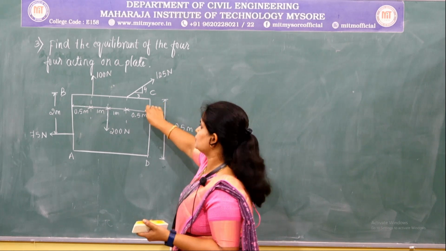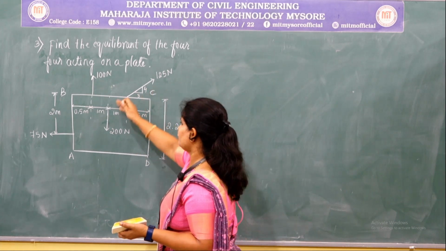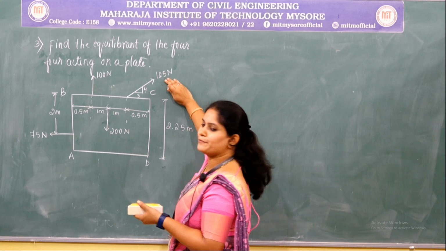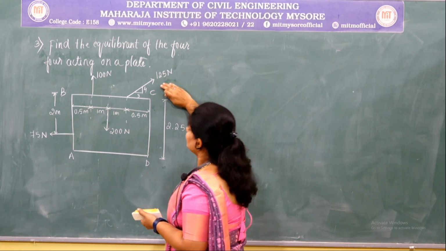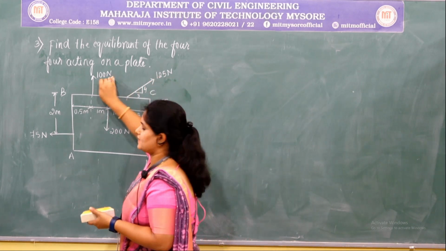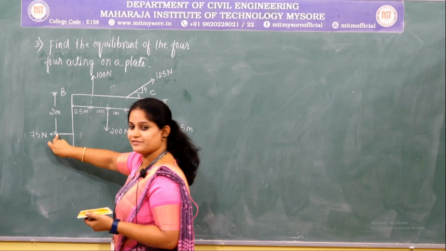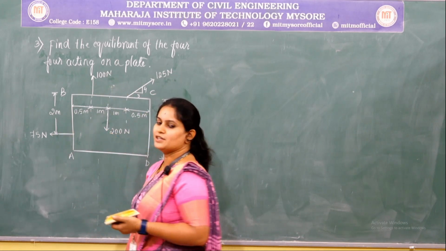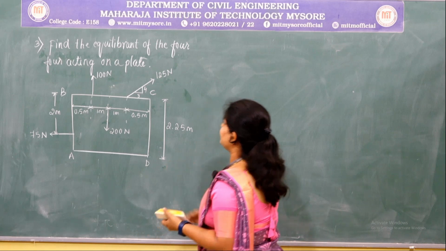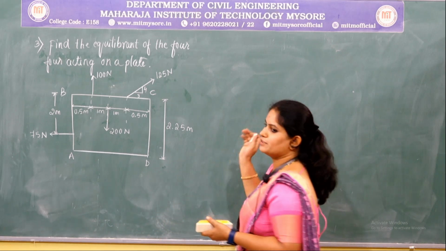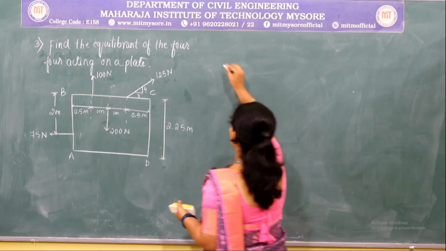A plate consists of four forces. One is 125 Newton, second one is 100 Newton, third force is 75 Newton and fourth force is 200 Newton. Now we shall find out the equilibrium of this four forces system. So for that,